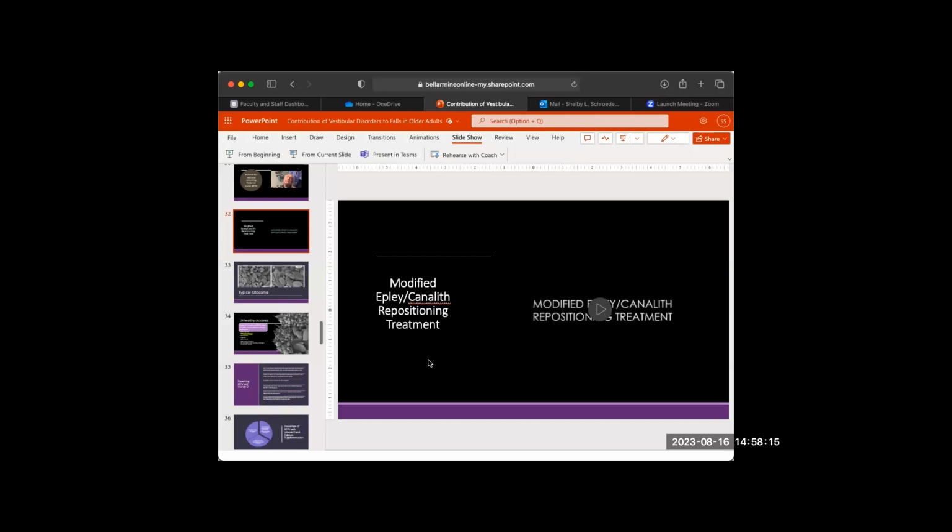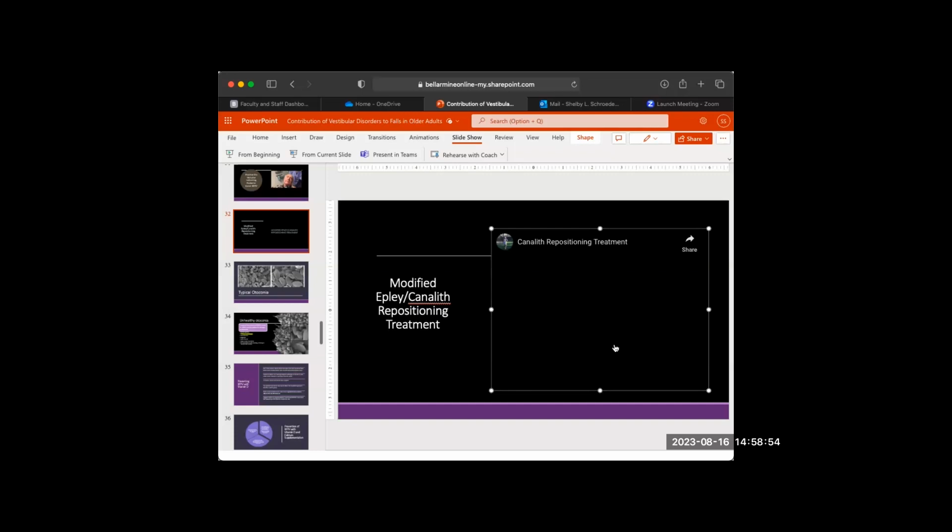There are special video goggles that help a lot with diagnosing this. Unfortunately, not everyone has them. I know Bellarmine has them, and then there's one specialty clinic in the area that has them. But a lot of places don't have access because they cost thousands of dollars, and then you have to have the technology available to see it. So in the emergency department, if I had them, they would be hard to use on the computer systems that we have. So it makes it challenging.